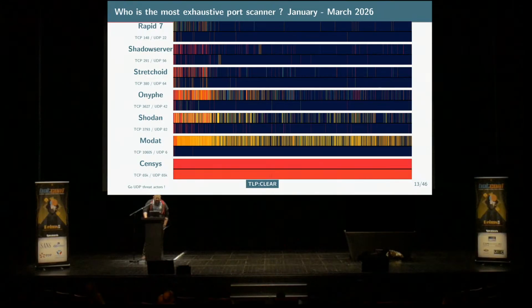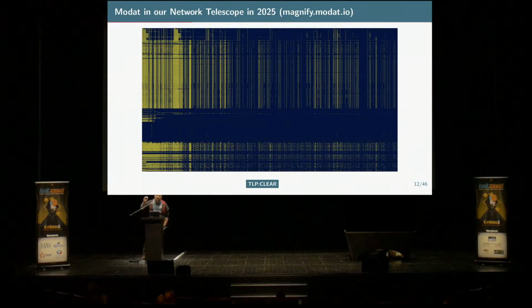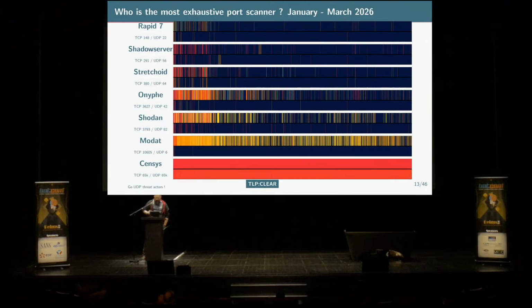So, alors, it's not only comparing, because this is during the full year, okay? And this is on the last 3 months, so from January to March of this year. So I quickly extracted. So the view is a spectrogram of what are the ports the most seen in our network telescope by these vendors. As you can see, UDP is not loved by anybody. And of course, UDP, usually you don't have nothing on that. So that makes sense. For example, Modat, there is a big discrepancy between the TCP port and the UDP port, where Census make everybody happy.